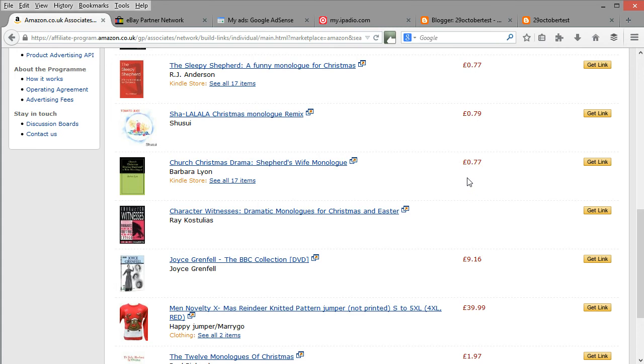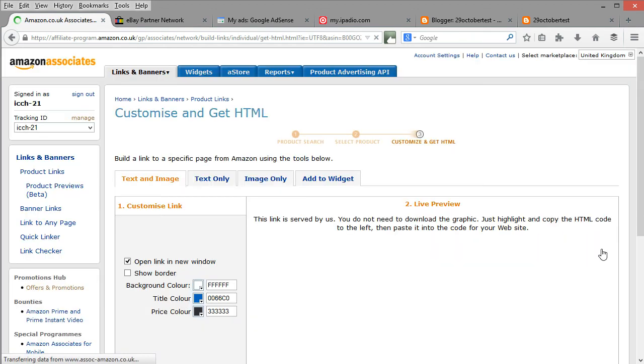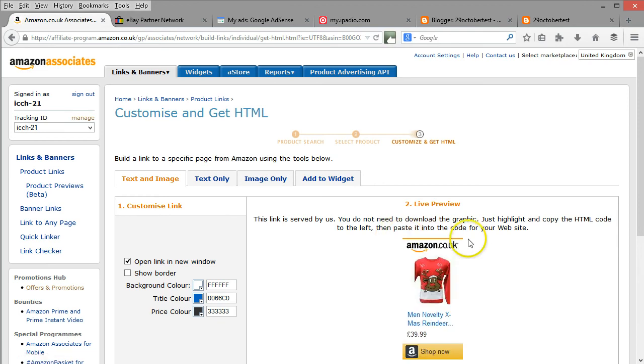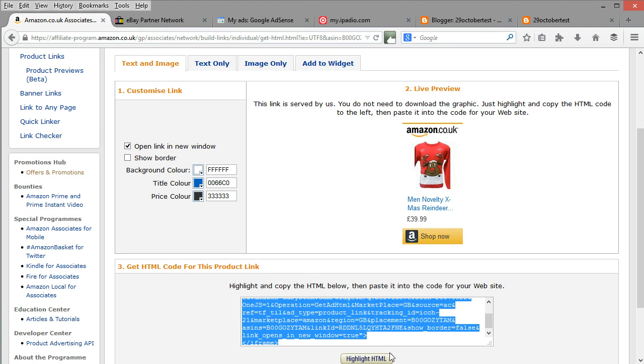Now, what I'm actually looking for here is I'm both looking for items that match what I'm trying to sell, but I'm also looking for a decent price, because ideally, whilst this one at £1.97 may well be great for the 12 monologues of Christmas, at £1.97, even if I get 50%, that's not going to be a great deal of income from there. So I'm going to click onto the Christmas jumper, and people just deserve to have Christmas jumpers, don't they? So again, I'm going to highlight that code, Control C to copy it,